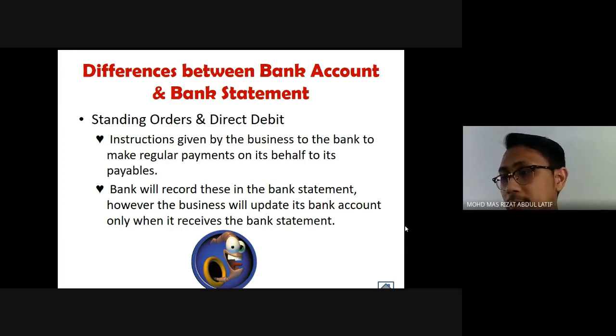Contohnya katalah kita ada subscribe Kowe, siapa ada subscribe Kowe kat sini contohnya kan, ataupun ada langgan insurance, contohnya life insurance ke medical insurance ke for example. Okay, so selalunya company atau syarikat ini akan menggunakan direct debit system. Apa gunanya direct debit system ni? Dia membantu pembayar, yang mana setiap bulan dia akan ambil sedikit portion daripada kita punya account untuk cover